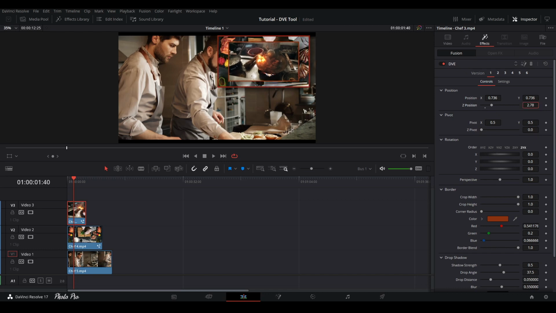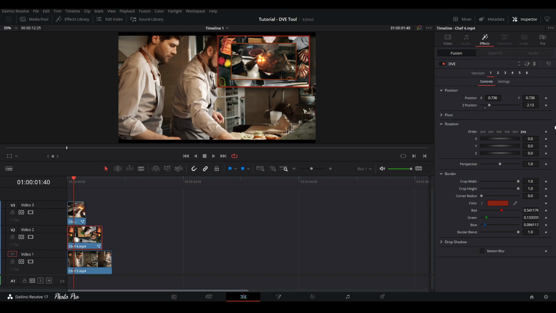So you can go with like this. We're gonna go with 3.0. So, and we have to go to another one. Let's change these as well, and you can see that